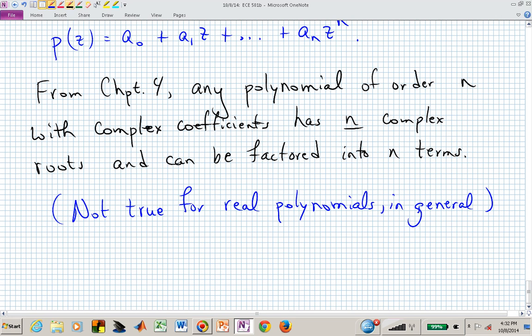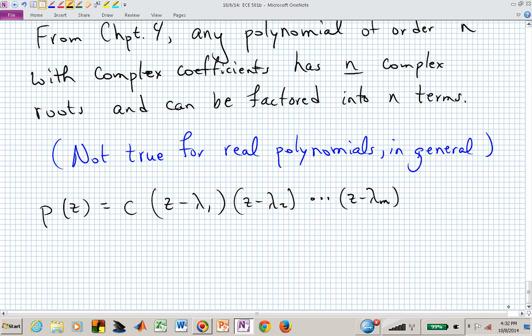So what we're saying is we now have P of z equaling some complex coefficient c, and a bunch of factors, linear in this variable z. We have z minus lambda 1, z minus lambda sub 2, up to z minus lambda sub m,